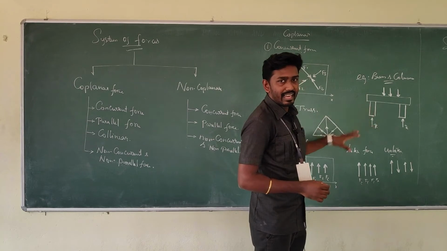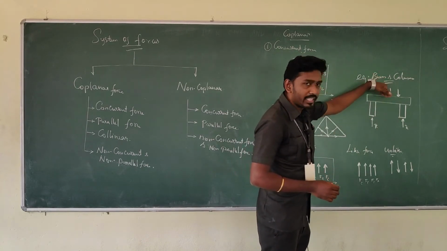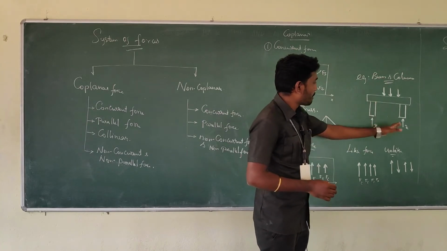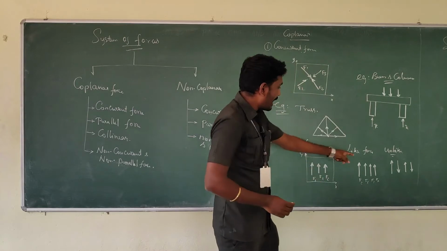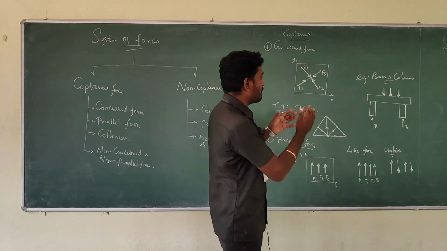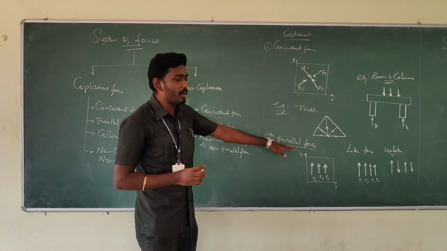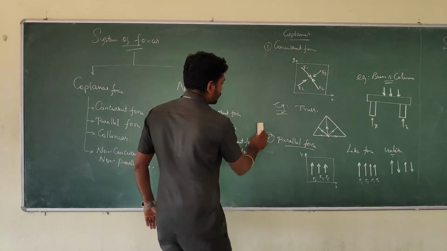If you consider the reaction, then the system has a downward force as well as an upward force. So this system we can call unlike parallel forces. Forces on the beam and column are the best example for parallel force. And the third one